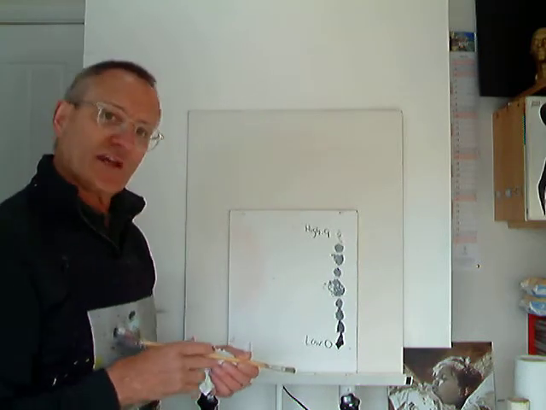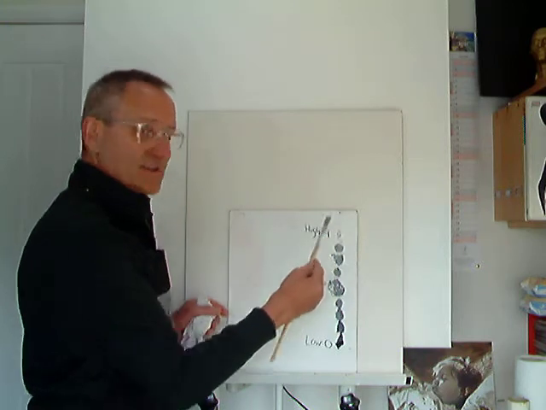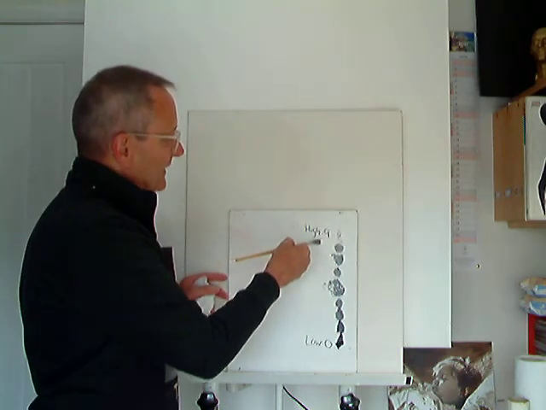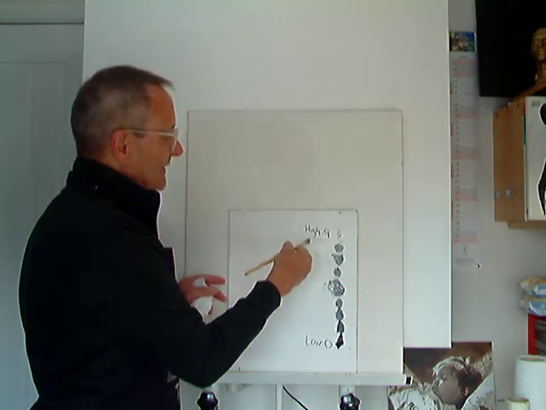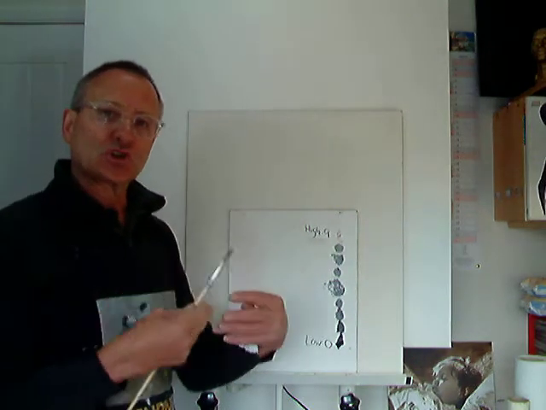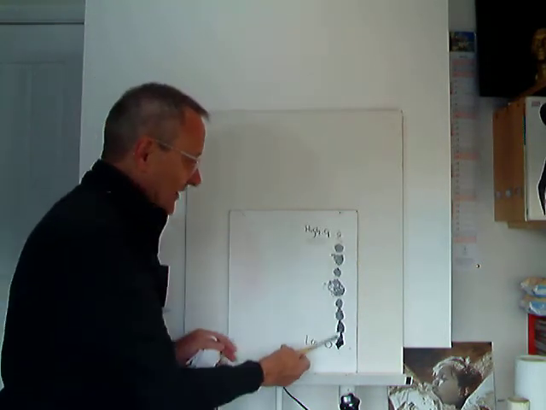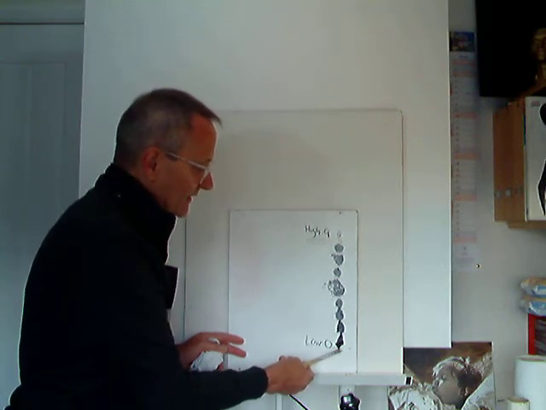So what I would tend to do is create my first scale by taking the white and making my string of white,